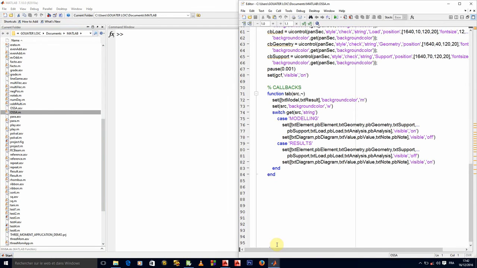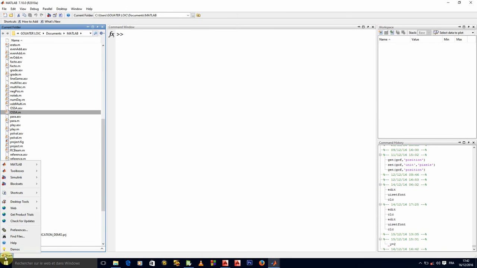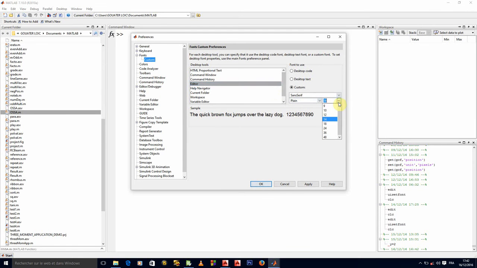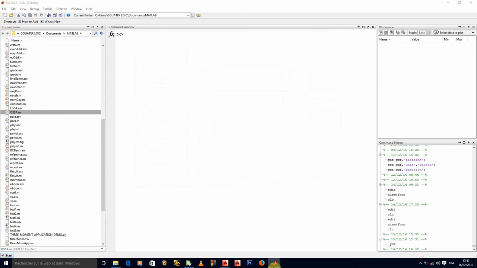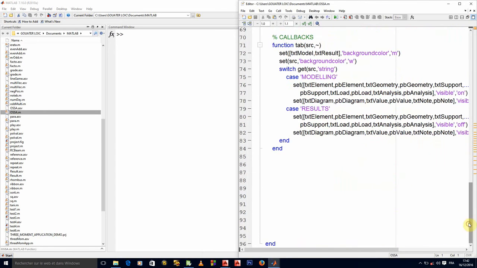Let me see that. Is it visible? I think it's too small. Let's try to bring it to 14 if possible. Again, preferences, custom, editor. Oh, it's already 14. We bring it to 18. Okay, let's just leave it like that at 18.